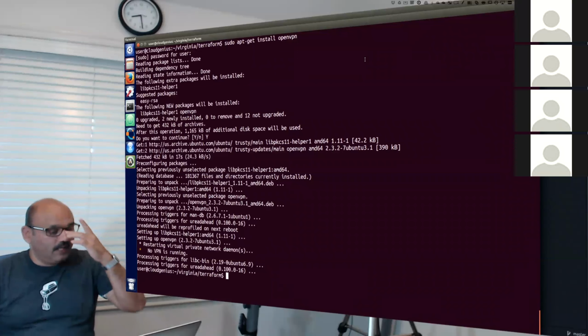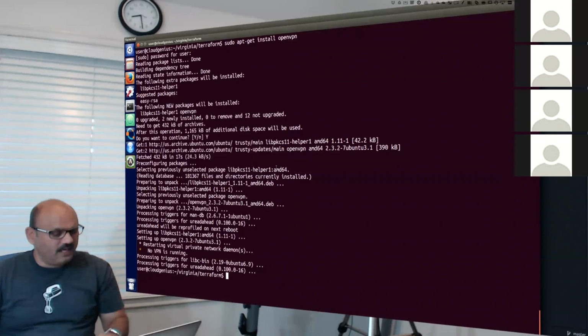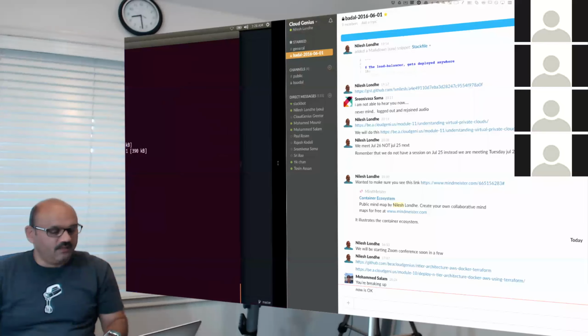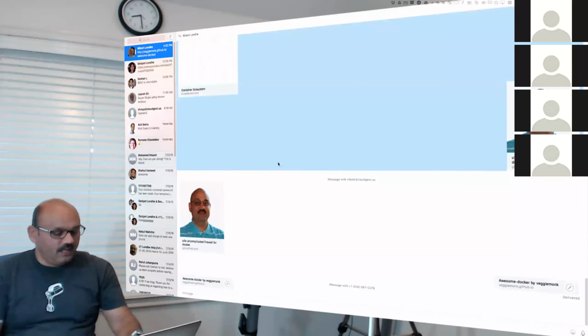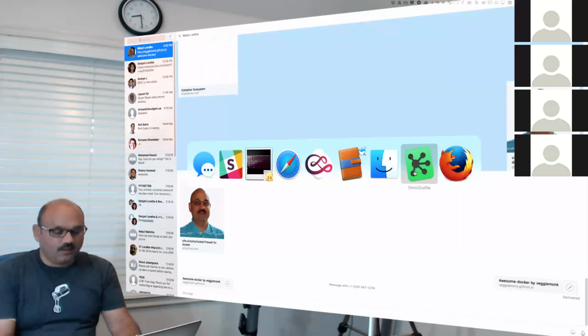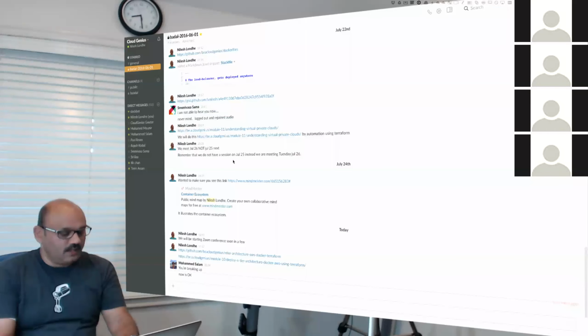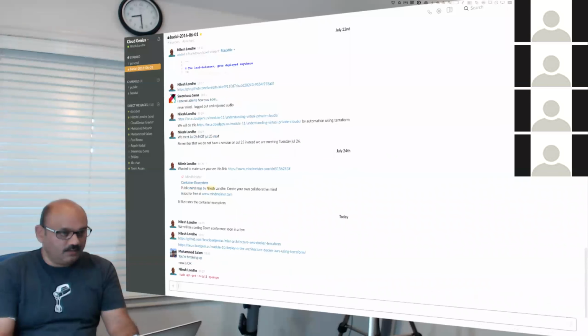So I have installed OpenVPN client on this machine by doing those things. Like you saw me do this, I'm going to make a note of it for you as well. So what I did was I installed the OpenVPN client on the machine. This is the employee running.